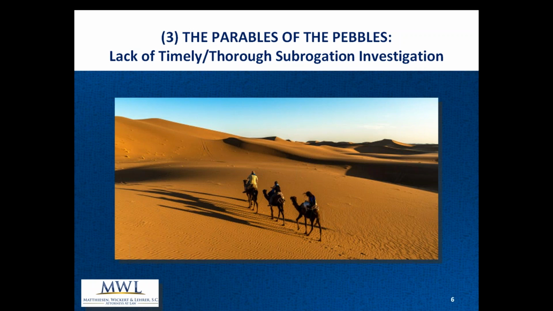But in every file, the burden of proof is the same, and nobody is going to do it for us. In every file that we get and want to pursue and want to recognize and act on subrogation, we have to prove that the defendant was negligent, that the product was defective. We have to prove that there was negligence which caused the damages, and then we have to prove the damages. So the first hours and days after a loss are critical. We do not do a good job of investigating.